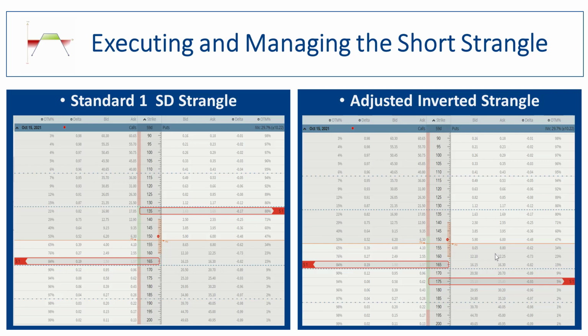Currently, the spread width of the inverted strangle is 10 points. The very least amount to close this trade is $10 if the price of the underlying is between 165 and 175 at expiration. Most of the time, an inverted strangle can be closed for about